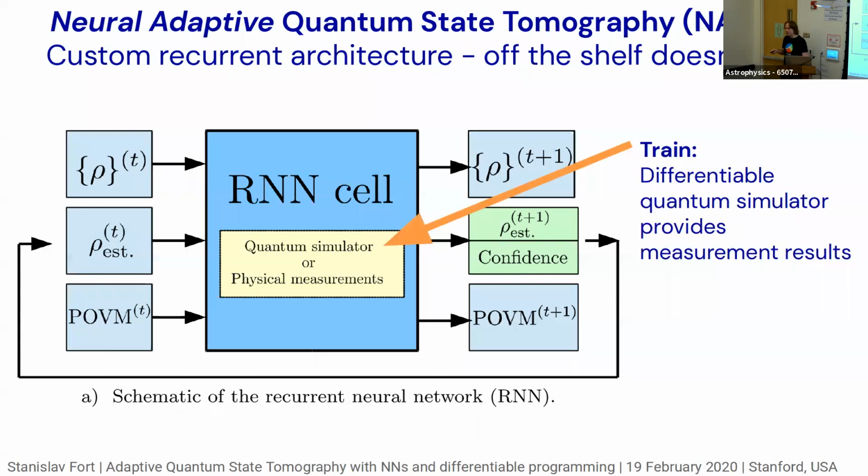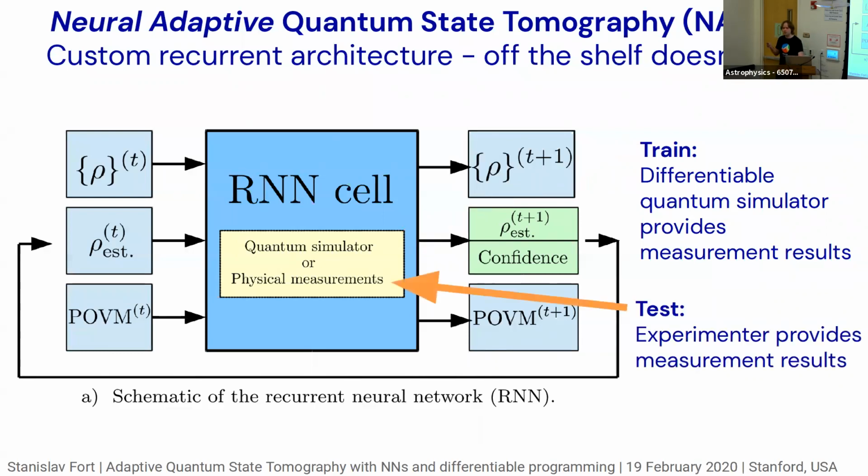In training time, we do not want to wait for experimentalists to deliver actual measurements. So we actually have a simulator sitting inside. It's a quantum simulator. And so the differentiable quantum simulator provides the measurements for us to train on. In test time, so that would be inference time and deployment in the lab, the experimentalists would be inserting these results. So they would be given the POVM, and they would measure their hidden black box state. They would then supply our algorithm with the current measurement results, and then we would run the same way we would run here. It's just there would be this human bottleneck step in the middle.